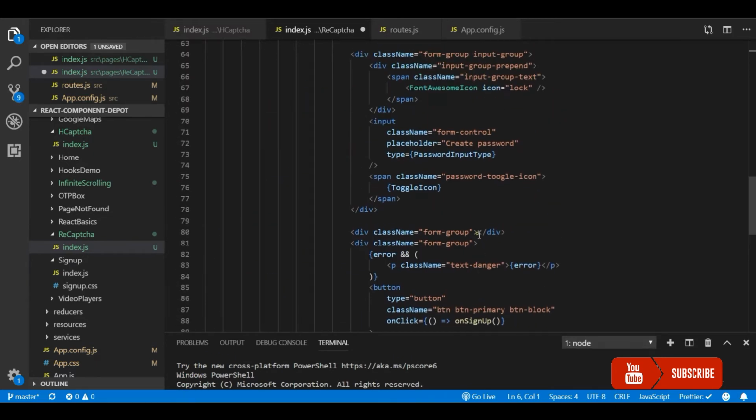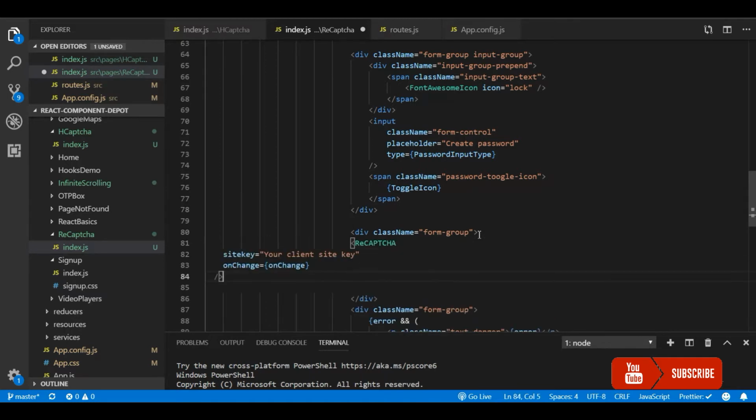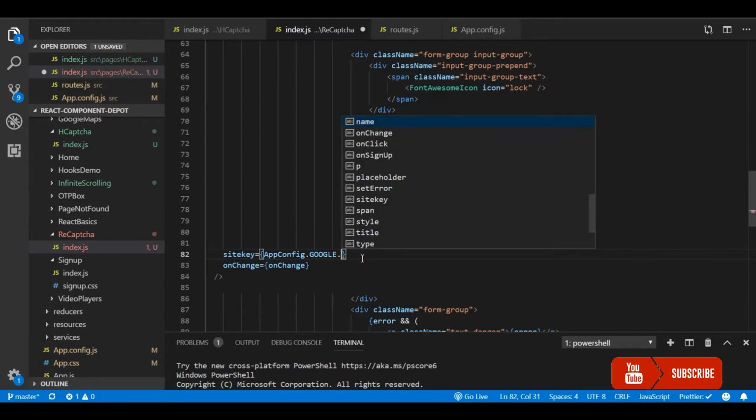Okay. And now I need to load this site key from my config file. appConfig.google.reCAPTCHA.